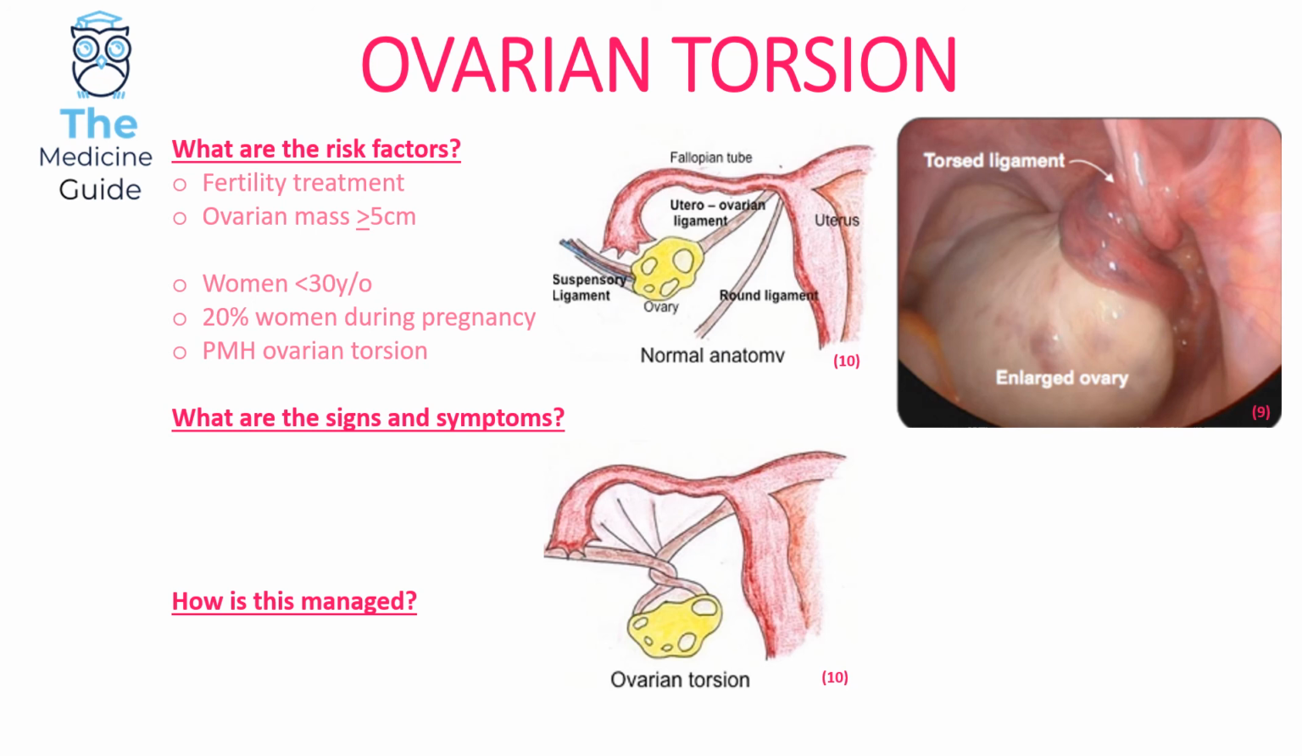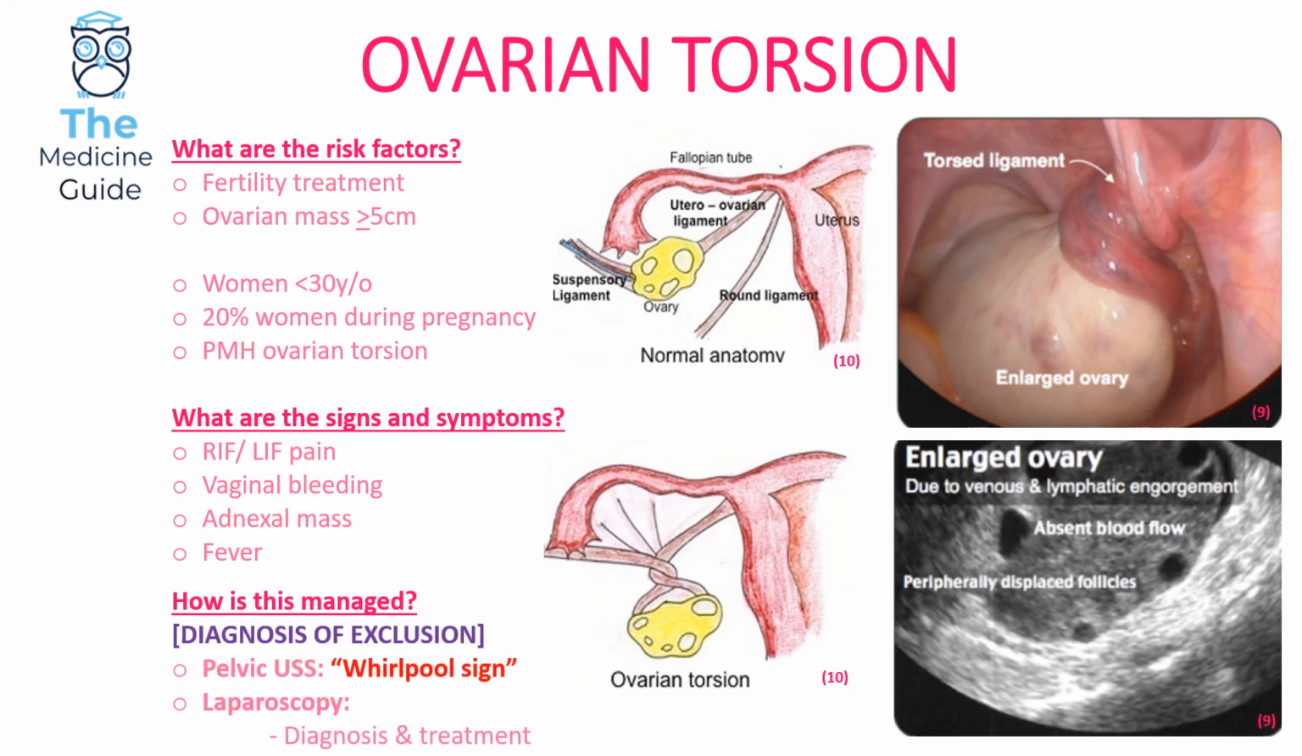Now, in terms of signs and symptoms, women will be complaining of right iliac fossa pain or left iliac fossa pain. They'll experience vaginal bleeding, a palpable adnexal mass, fever, and intensive management. This is typically a diagnosis of exclusion, and healthcare professionals need to perform a pelvic ultrasound scan, which classically presents with this whirlpool sign. I've highlighted that in red because that's a very high yield phrase that crops up